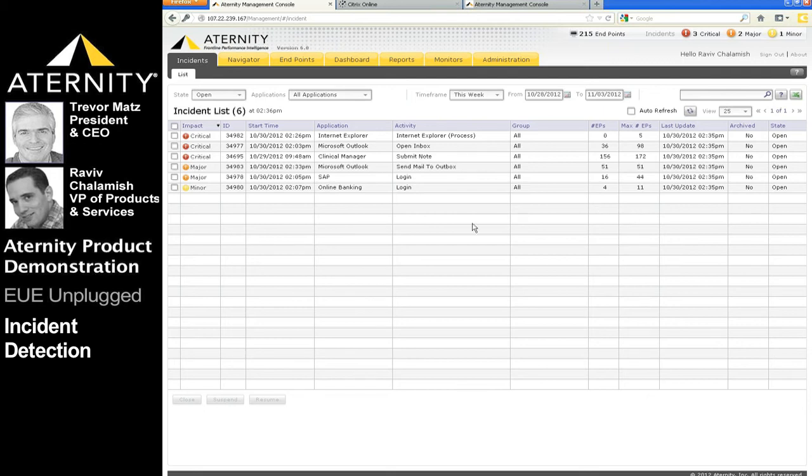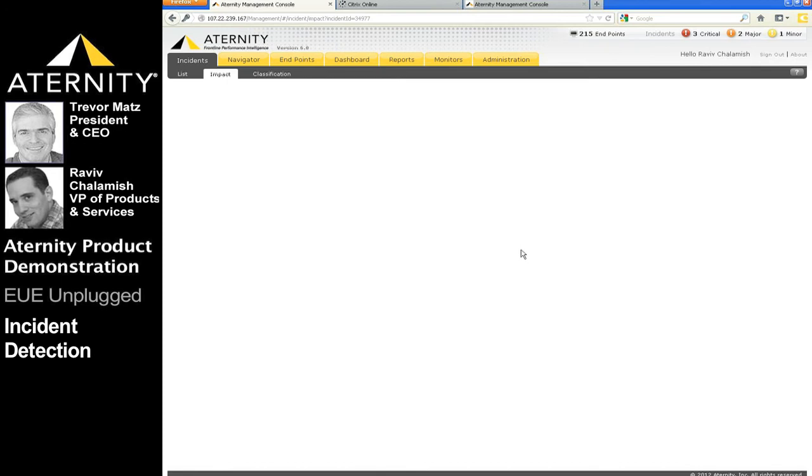The group column shows which part of the user population is impacted by a particular incident, and it highlights the FPI platform's ability to detect and escalate incidents based on specific groups of users. Currently, we see that incidents have been detected for Outlook, for SAP, the Clinical Manager application we've seen previously, and online banking apps. Ravi, drilling down into the Outlook incident for a moment,